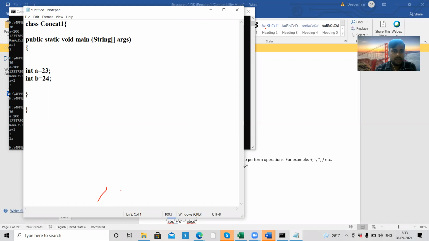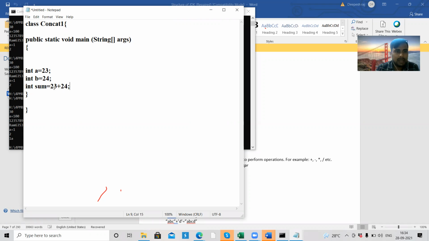I want to perform addition, so I'm just going to add these two values. And in the output, I want a proper output: the sum of A and B is A plus B. So let's do it simply, add these two values and store in a third variable.